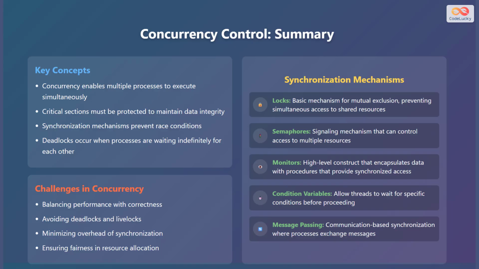Challenges in concurrency include balancing performance with correctness, avoiding deadlocks and livelocks, minimizing overhead of synchronization, and ensuring fairness in resource allocation. The most important synchronization mechanisms include locks, which are a basic mechanism for mutual exclusion, semaphores, which are